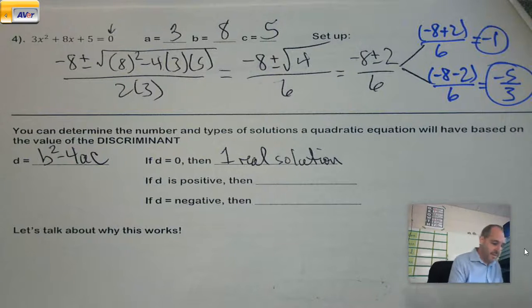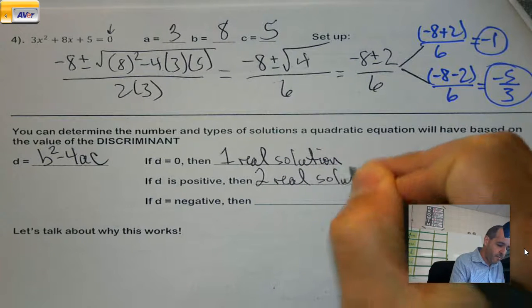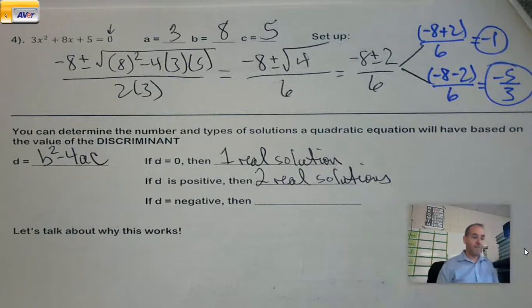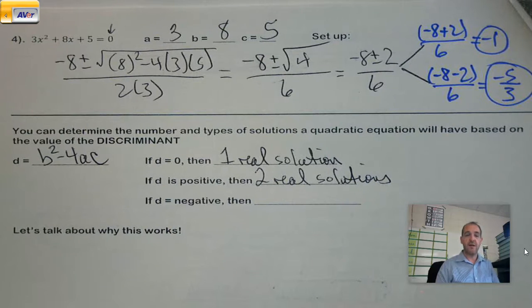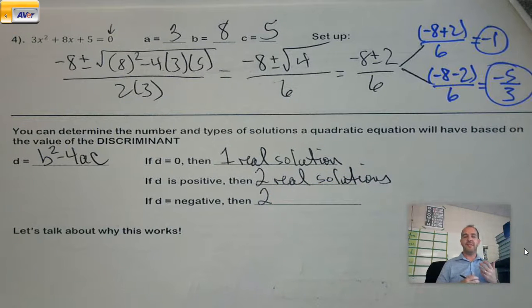If d is positive, I'm going to have two real solutions. So notice, when I say real, it doesn't mean necessarily that it's going to be positive. It just means it's going to be real, like something that could show up in a calculator, show up on a graph. If your d value is negative,